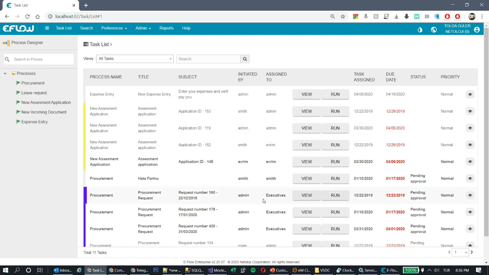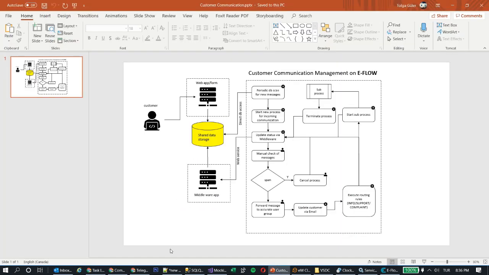Before we jump to the process designer, I want to show you what I'm planning to do today. I want to develop a customer communications system for external customers of my organization, so the customer will send their messages with the help of a web form or web application, and it will be stored on a shared data storage on a SQL database, or specifically on a SQL database table, and then eFlow will scan this data table for